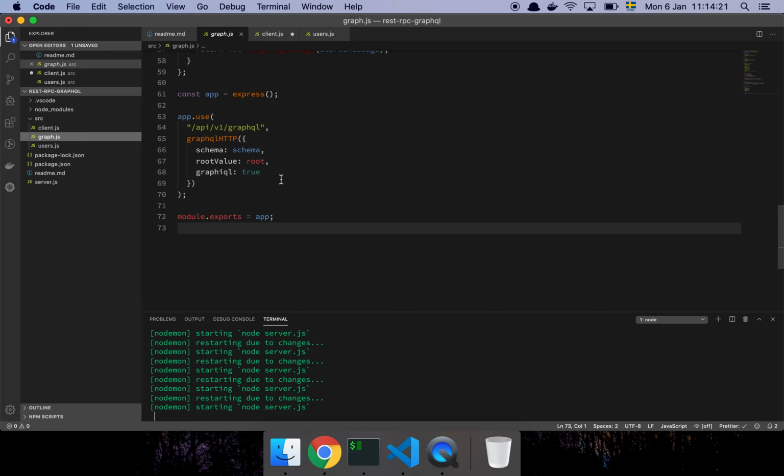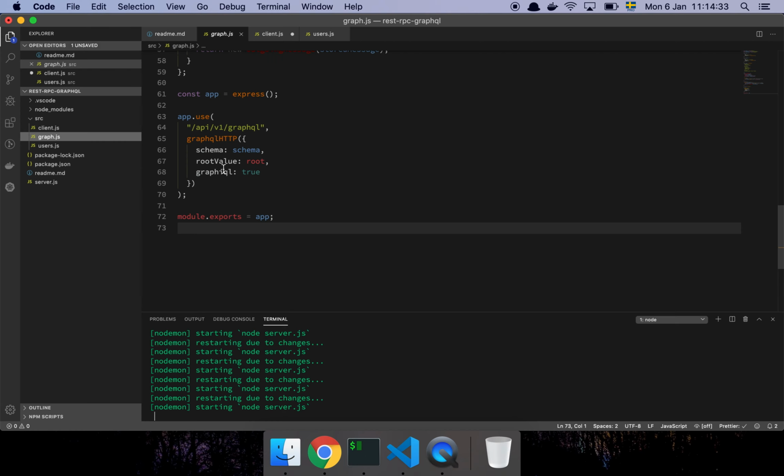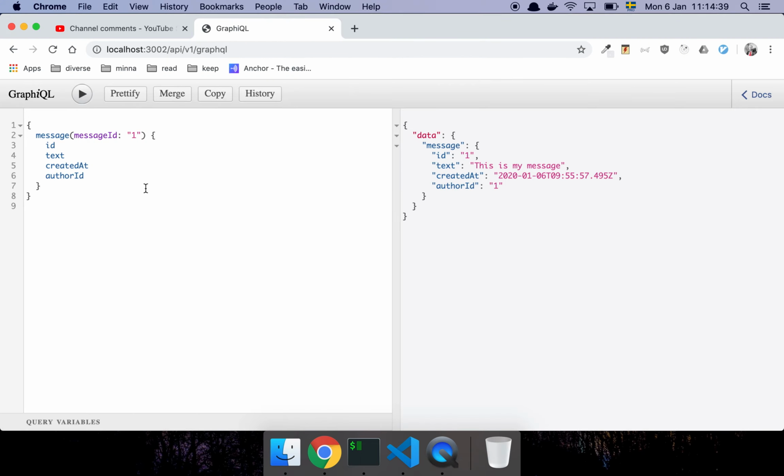I don't need all that many more endpoints for GraphQL because it's just one endpoint that deals with all of these entities. GraphQL ships directly with this middleware, so I just enable that, and then I get this nice little interface for debugging and testing out my API, right? So let's say, for the sake of argument, that I want to get a message of some sort,